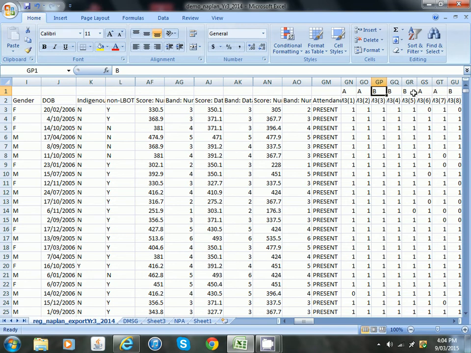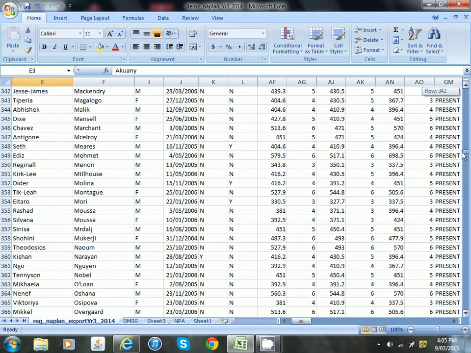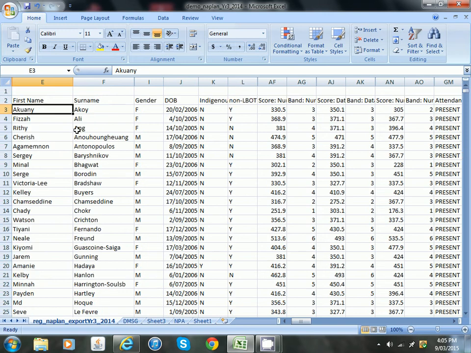What we will do is we've got to make a class set. So what I'm going to do is take note of the row numbers that we've got. So row 3 is the first student, row 1240 is the last student in this set. Okay, so we've got to get a random set of data. What I'll do is go to